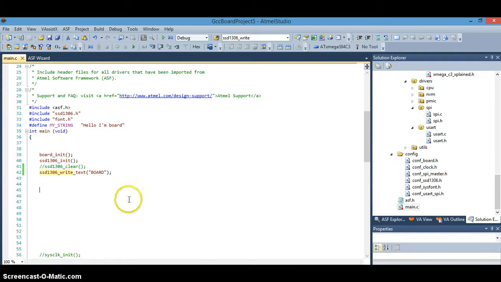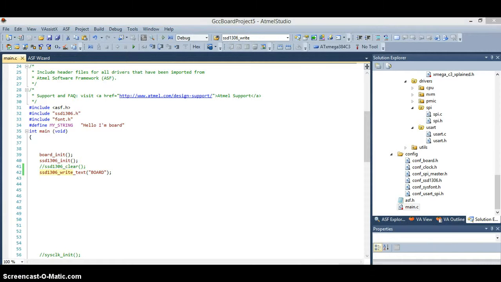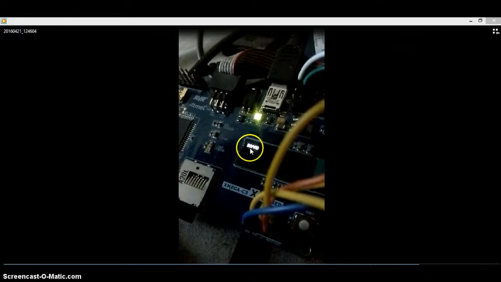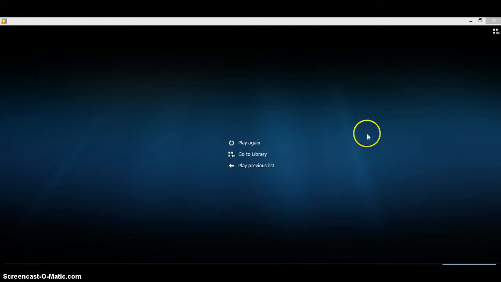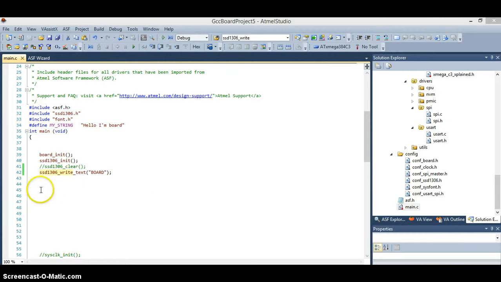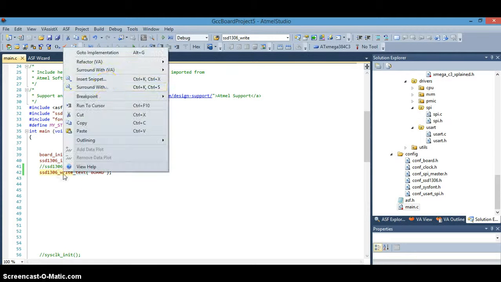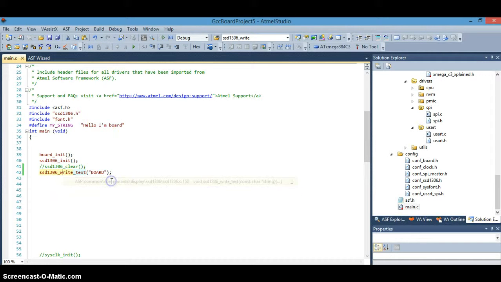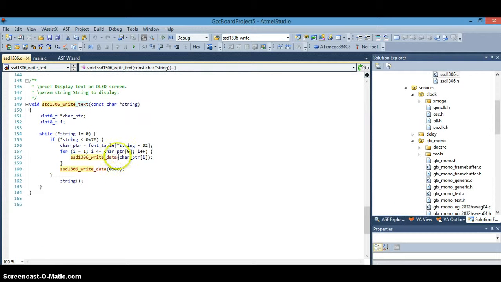So when I programmed it, it'll come up, and you can see it displayed here in the top left hand corner. So we'll right click on this, and we've got this function here. So we've got basically